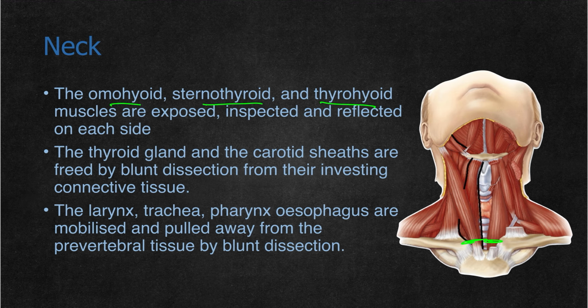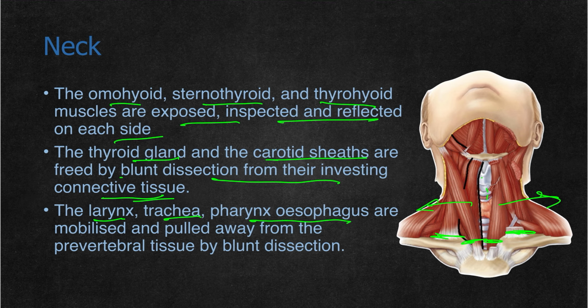The omohyoid, sternohyoid, and thyroid muscles are exposed, inspected, and reflected on each side. So each of the muscles attached to the clavicle is cut and separated. After the muscles are separated, the thyroid gland is visible. The carotid sheaths are freed by blunt dissection from their investing connective tissue. Then the trachea and glands become visible. The larynx, trachea, pharynx, and esophagus are mobilized and pulled away from the prevertebral tissue by blunt dissection. So the trachea, larynx, and pharynx are held and pulled upwards so that they are separated from the